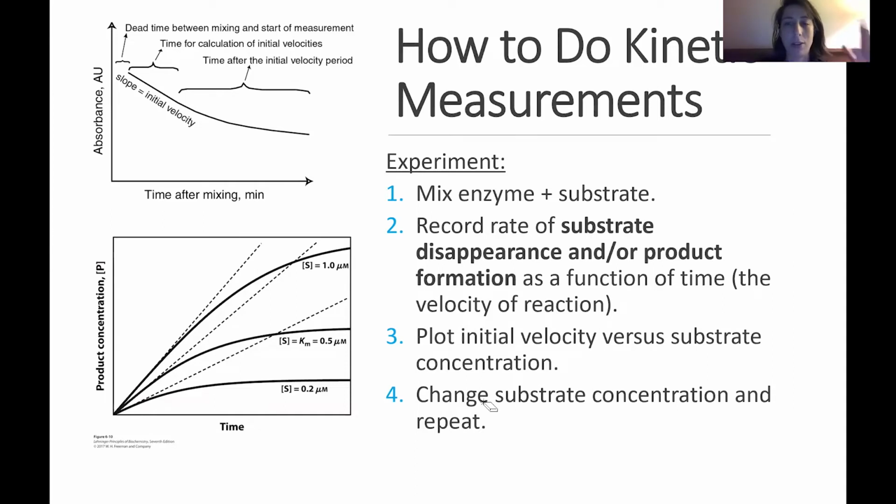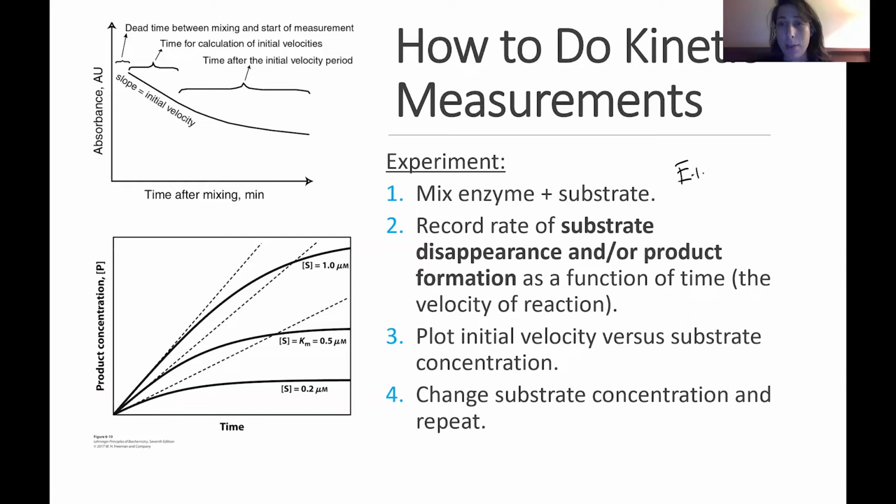So you measure out 1 molar of enzyme, you mix it with 1 molar of substrate. So you know the concentration, you mix them together. And then experimentally, you would record the rate of one of two things. You could look at how fast the substrate goes away. So if you're able to see the substrate, like if it is colorful,